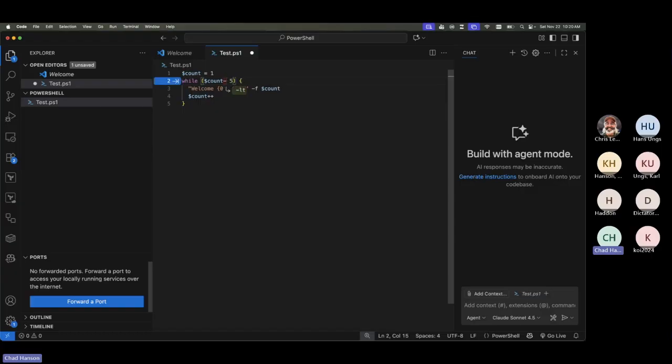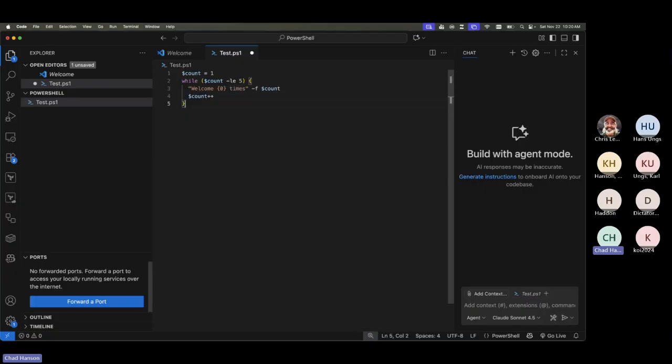You have different options as far as what your comparison is going to be. So basically what this while statement is telling us is my variable count of 1 is what I'm starting off with. I'm going to loop through this until count is less than or equal to 5, and it's going to run this code and increment the value of that